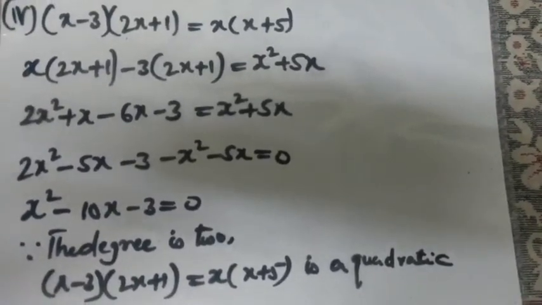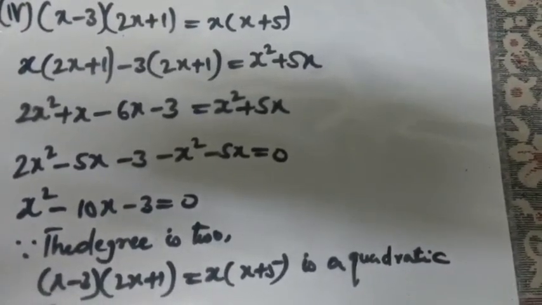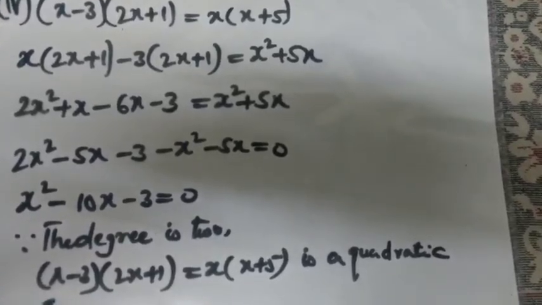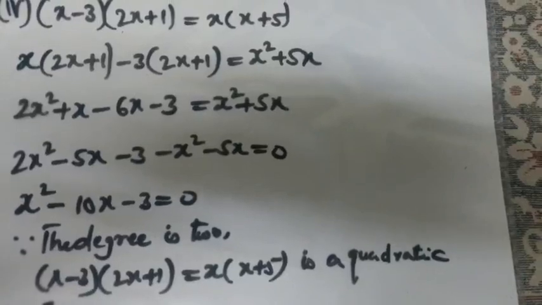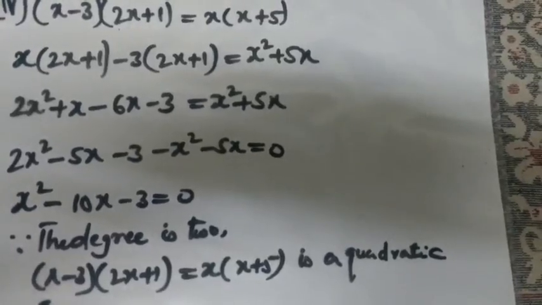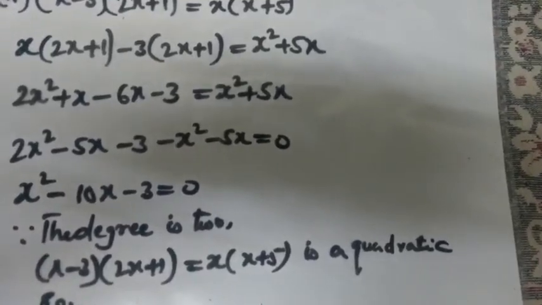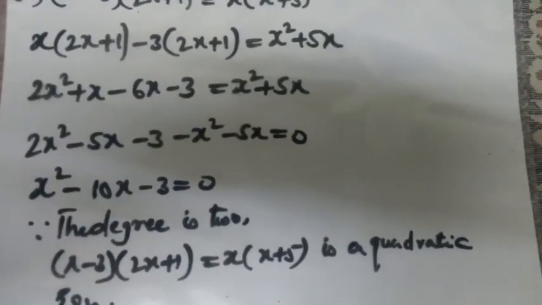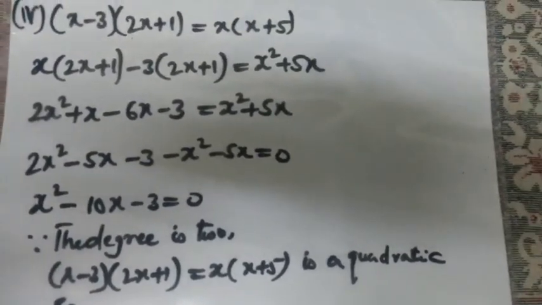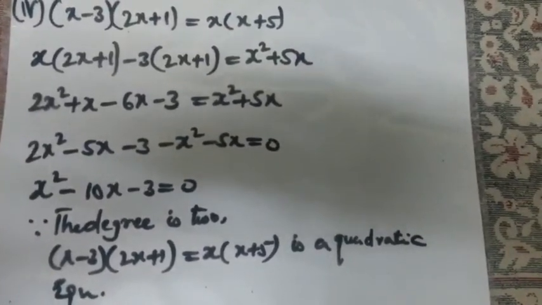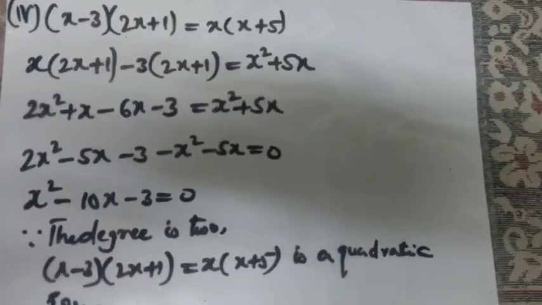The first line is the question and I am multiplying x with the second bracket and -3 also with the second bracket. On my right hand side you can see there is only x into x plus 1. So simply I have opened the bracket, x into x, x square plus 5x. So same goes on. You try to do it without seeing this one. I am showing the whole complete answer. You just have a look, try to do it on your own and cross check yourself.